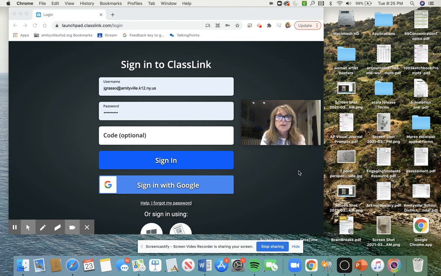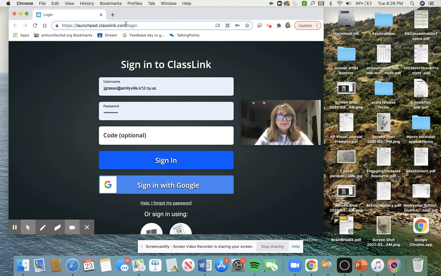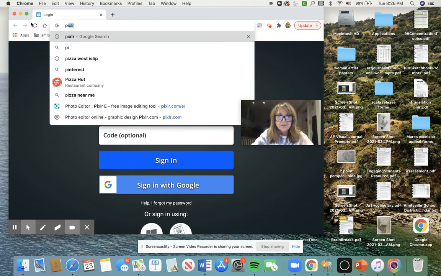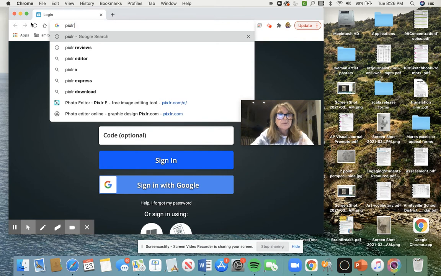Hi guys, I want to show you some tips that'll be helpful to you with regard to editing the images that you take of your artwork or editing photographs or digital work if you have to, and uploading them into your digital portfolio. So the first thing I want you to do is type in Pixlr,